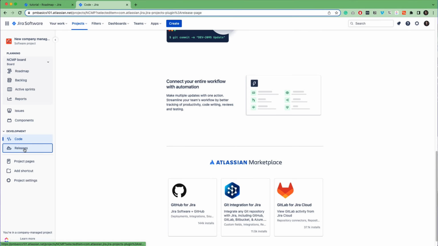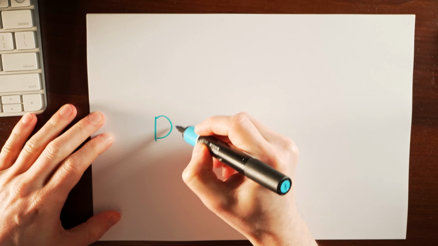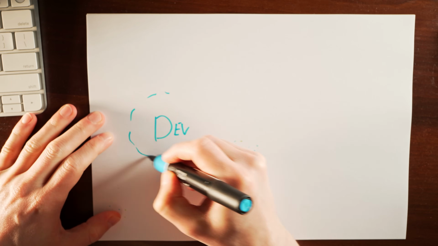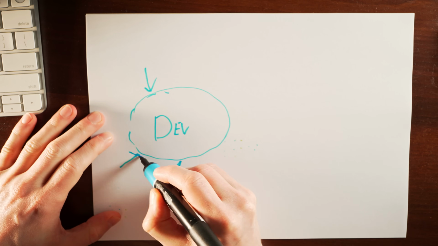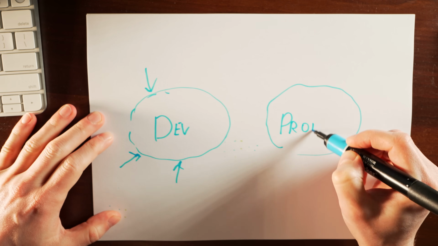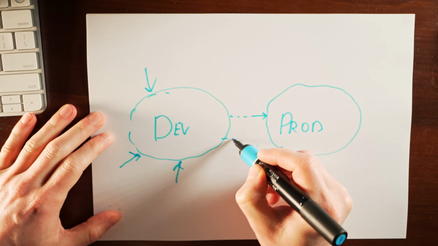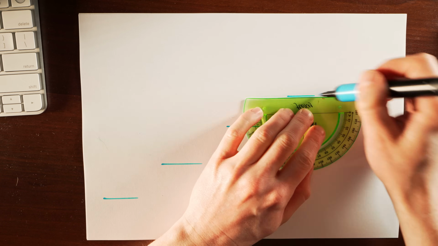Next we have the releases, and I need to deviate a bit to explain this concept. In the ideal and very simple IT project, you implement and test your product in a development environment. Then, once in a while, you release it into the market or so-called production environment. But in the real world, we develop products in multiple environments.